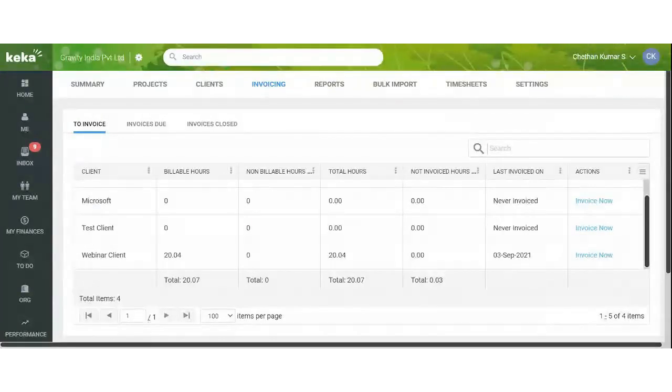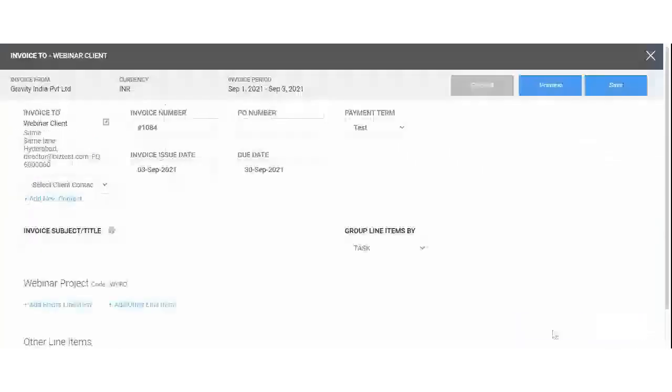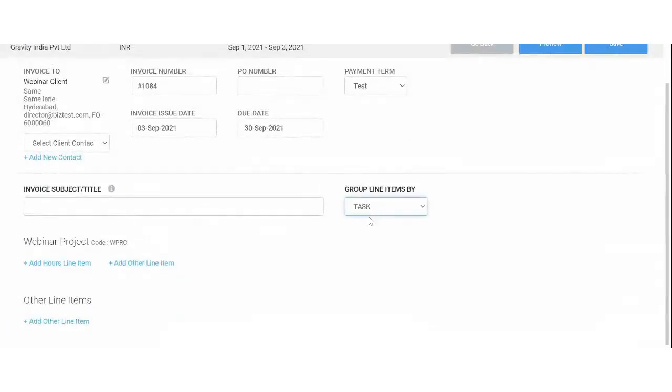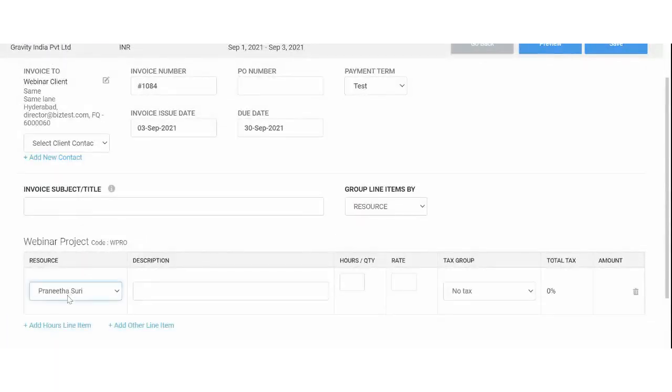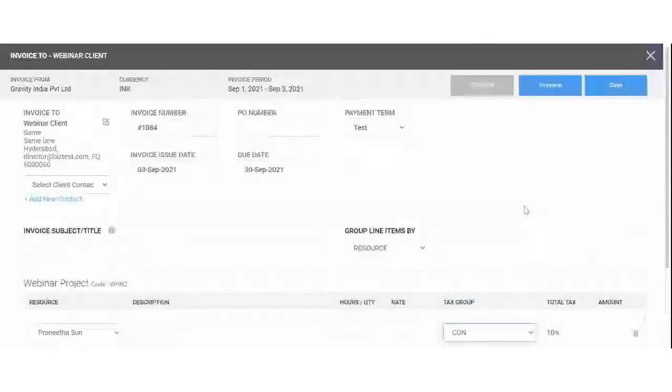So I think we have a question on invoicing. If you want to do that, you'll have to do a manual entry, Shruti. I have come here to invoice. Under the same invoice, I'll just have to select this. There are no hours logged, so I can group by resource, add the other resource, enter the hours, group it accordingly and raise an invoice. That is possible.